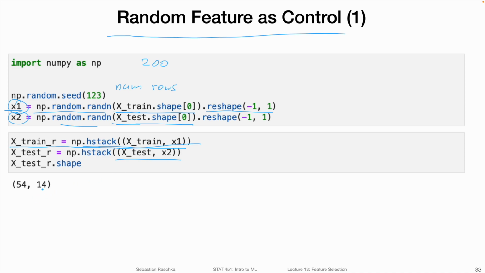So originally my data set had 13 feature columns, and with this extra column, we have now 14 feature columns. So before, let's say my test set was 54 examples with 13 columns, and with this random column, I have now 14 columns in my test set.